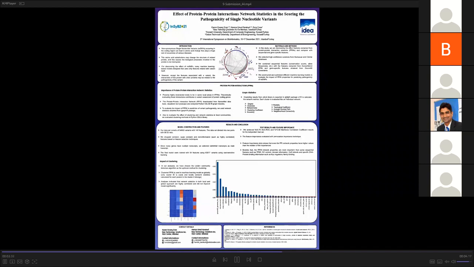We extracted these features in two different ways. First, we calculated those features globally. We looked at these statistics for the whole network. Also, to evaluate the effect of clustering and network statistics in local communities, we evaluated clustering methods in the Python CDLib library. Our aim in clustering is to find close relations between the proteins and extract features from these local relations. The extracted features from here were merged with the